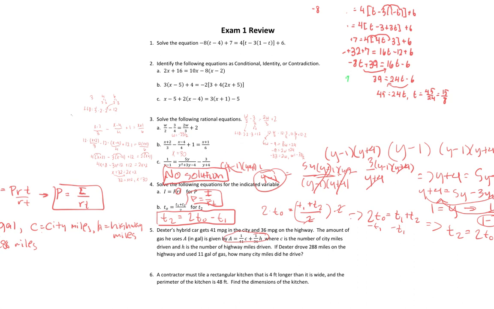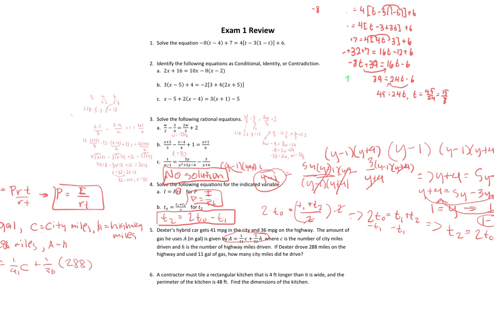And so 11 gallons, that's our A, right? So that's going to be 11. And we're looking for city miles, so the C is what we don't know. What we can do is plug these values that were given into the equation that we're given. If we plug these values in, we get 11 is equal to 1 over 41C plus 1 over 36 times